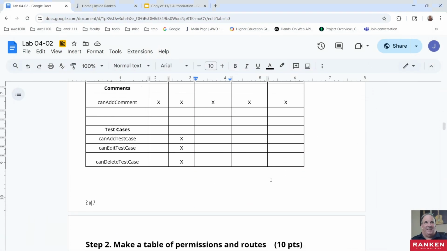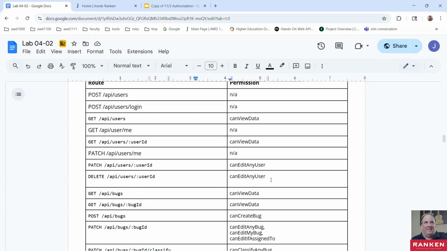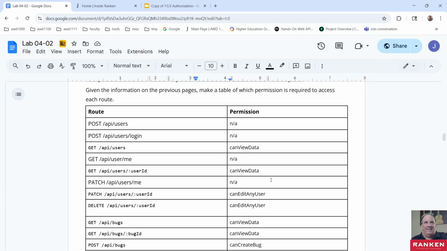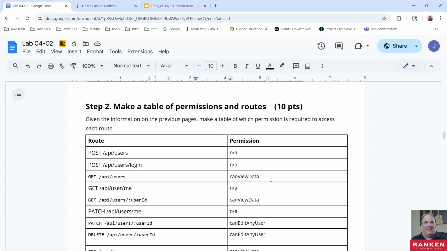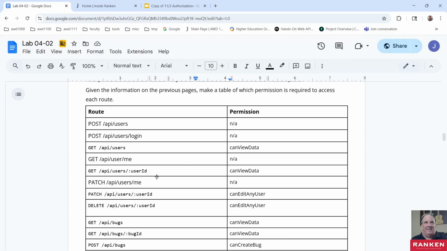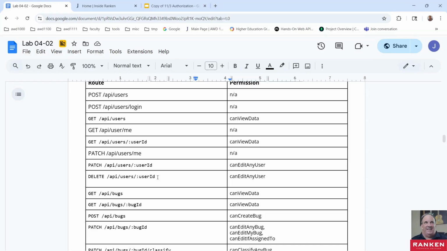Now, let's come down here. So here's another table, and obviously it says make a table. This table's already there. You can just use this table, right? You don't have to make a table. Maybe I'll go ahead and reword that. But